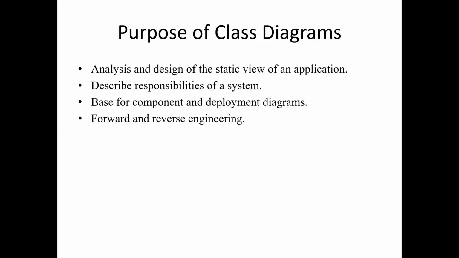Purpose of class diagram. The purpose of a class diagram is to model the static view of an application. Class diagrams are the only diagrams which can be directly mapped with object-oriented languages and thus widely used at the time of construction. UML diagrams like activity diagram and sequence diagram can only give the sequence flow of the application. However, class diagram is a bit different. It is the most popular UML diagram in the coder community.